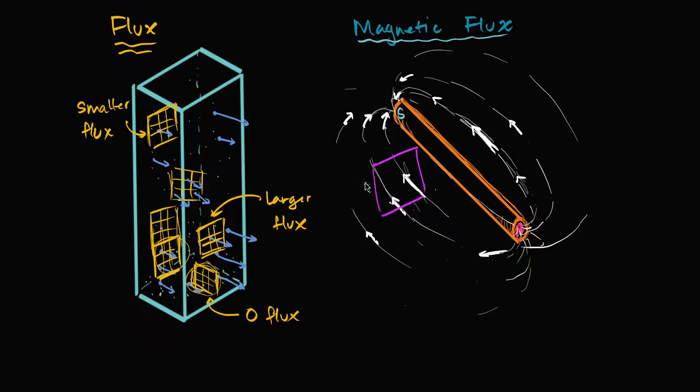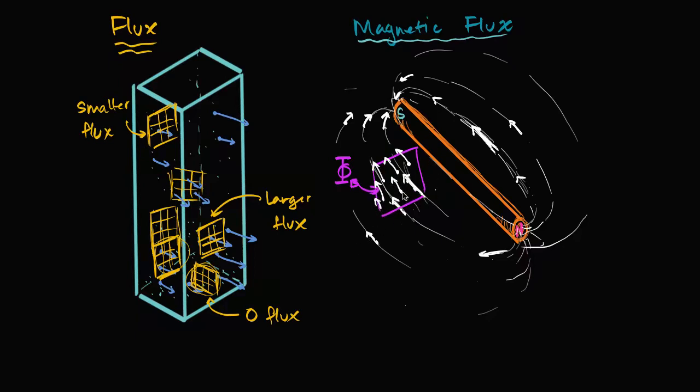So let's say that this has a given flux. The notation is phi, the flux of the magnetic field. And once again, it's based on the strength of the magnetic field, and especially the component of the magnetic field vectors that are perpendicular